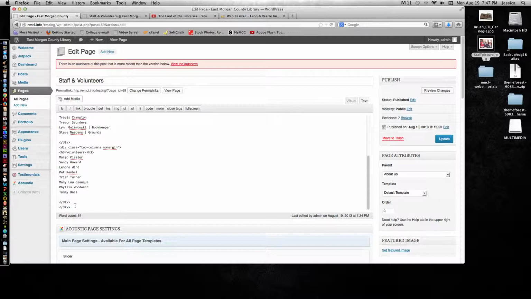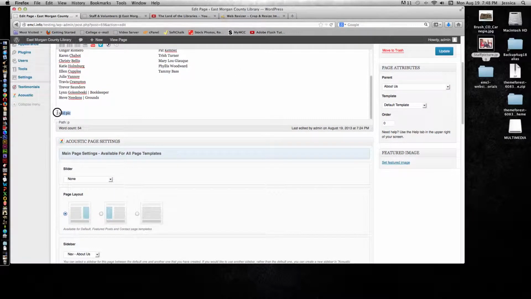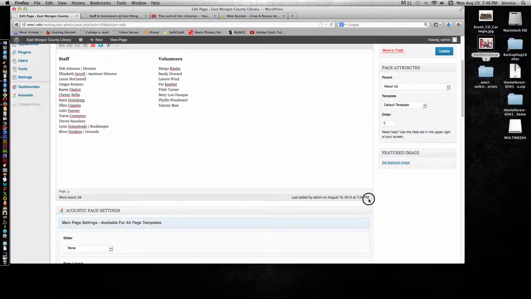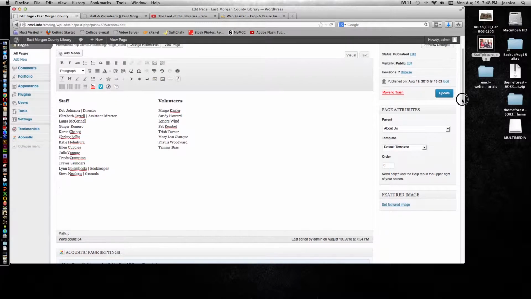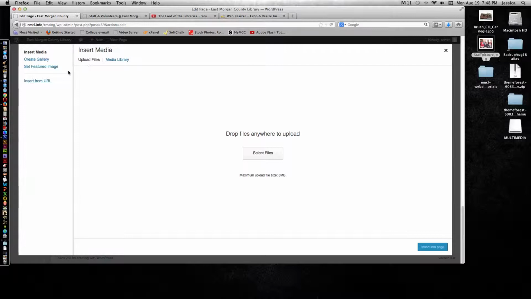So at the end of my information, I'm just going to type add pic, and then when I go back into visual, that should be there, and now I can add my picture. So I'll go ahead and delete that, and now my cursor's there. So from here, and let me go ahead and make this bigger so we can see it. All right, so from here, what I'm going to do is click on add media, and it's going to bring up my media,